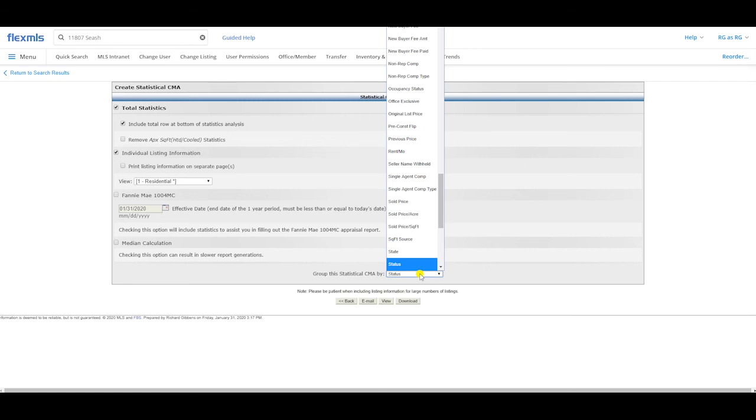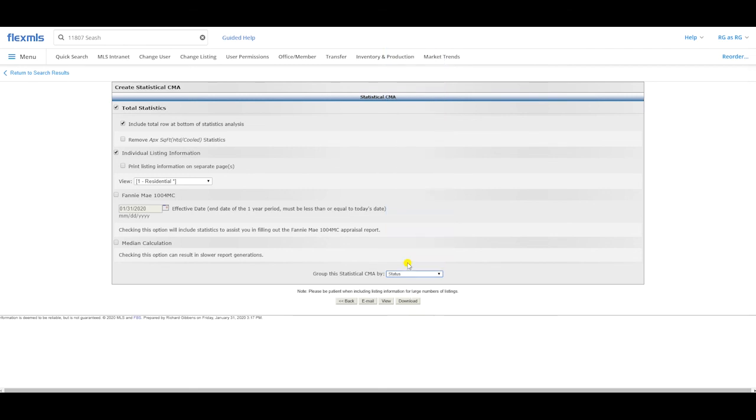This group statistical CMA status, you pretty much want to leave it on status. I mean, if you are doing an analysis where you are comparing the difference in bedrooms across a large number of listings, if you're comparing 3, 4, and 5 bedrooms or something like that, then you might want to do bedrooms instead. But for our purposes, where you're just doing a CMA, you're pretty much going to want to just leave it on status. And then otherwise, hit download,